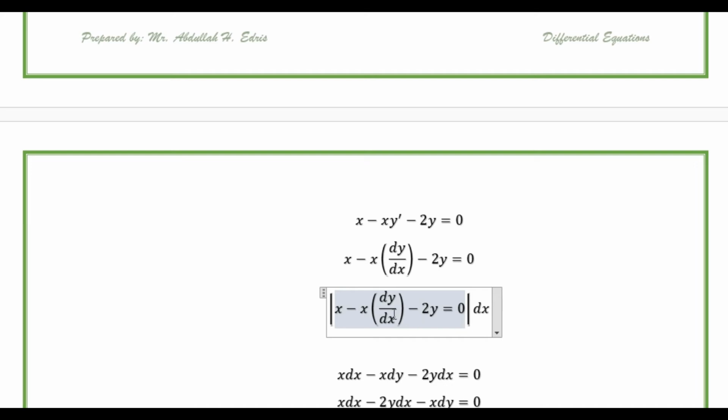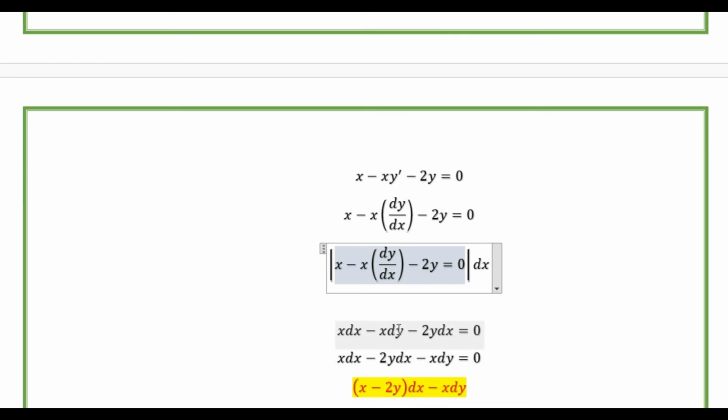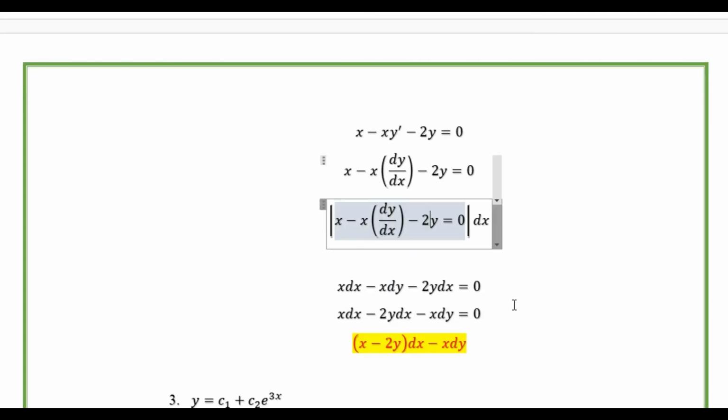And then, to remove the denominator dx, to remove this fraction form, we simply multiply both sides of the equation by dx. Alright? So dx times x is x dx, minus x dy because the dx here is removed, minus 2y dx equals 0. Multiplying this, it is still 0. Alright? So next is